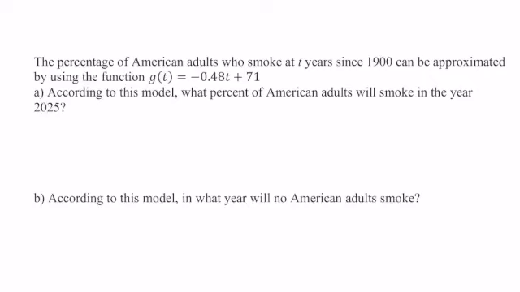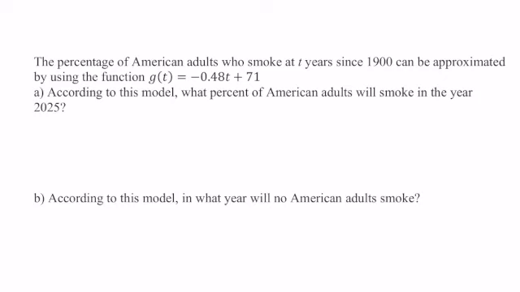Let's look at an example where we're using a linear model to solve a problem. It says the percentage of American adults who smoke at t years since 1900 can be approximated by using the function g of t equals negative 0.48t plus 71. And our first question, part A, says, according to this model, what percent of American adults will smoke in the